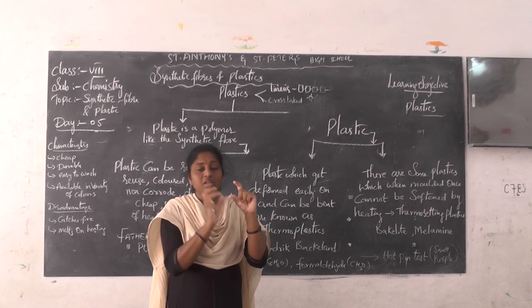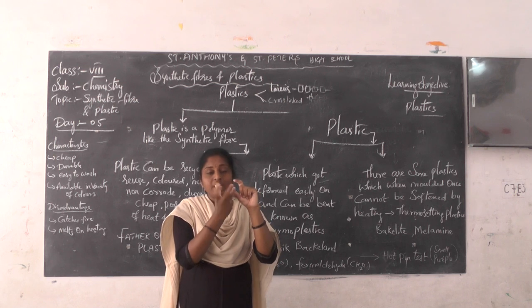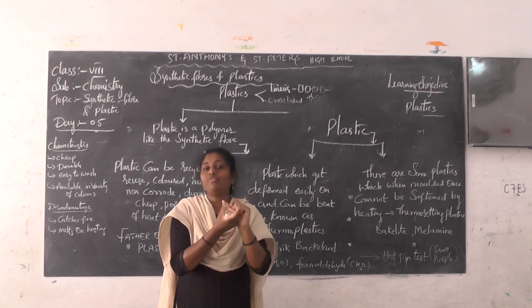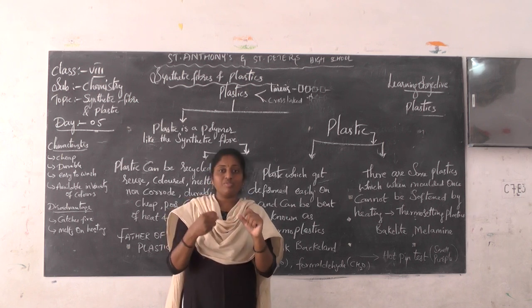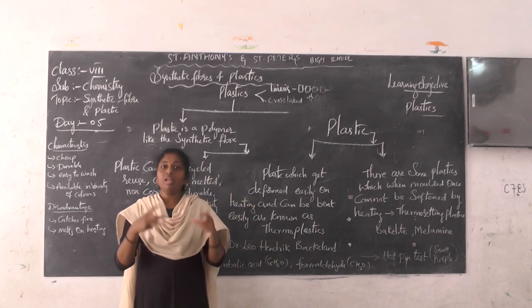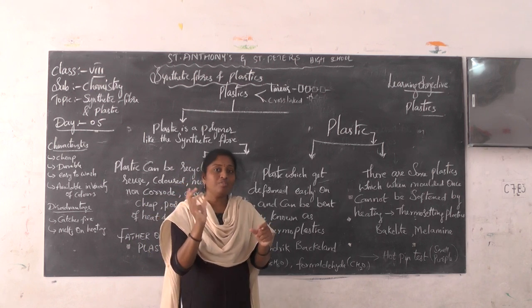So what happens here? Because of the temperature present in the water, melting takes place and the plastic is molded into different shapes. So this is the incident from which you can understand very clearly that the plastic changes and gets molded into a different shape.